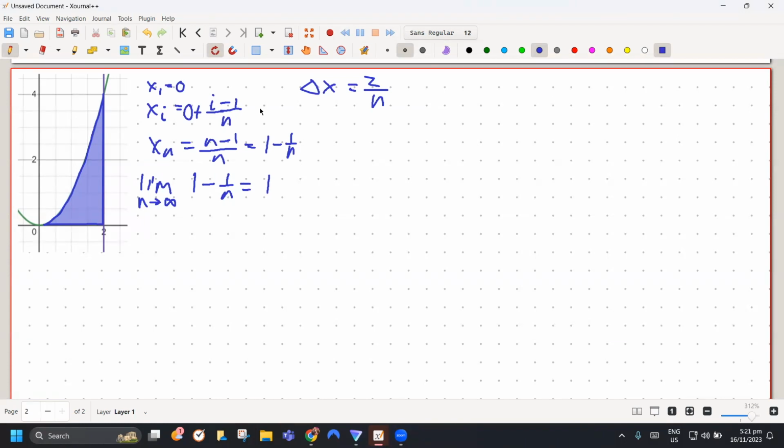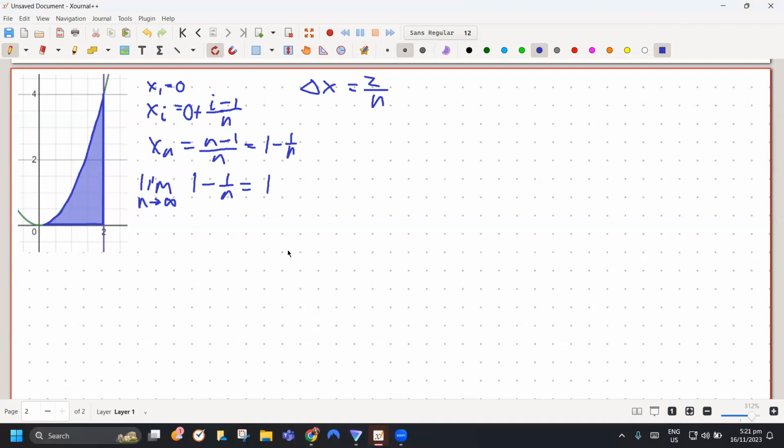Tapos tingnan mo rin, di ba yung delta x, that's the step size. So, yung I minus 1 over n is actually pang-count lang ng pang ilang steps from x1. Kung gusto nating ma-cover yung interval, hindi, so xi is not I minus 1 over n. It's actually,